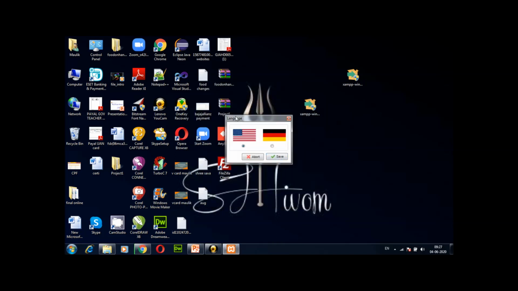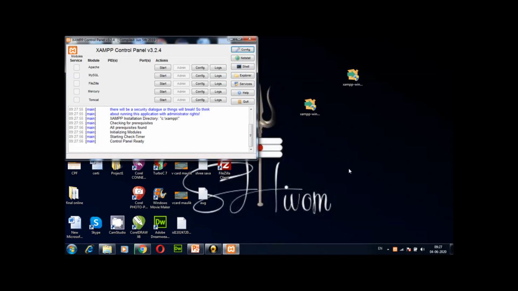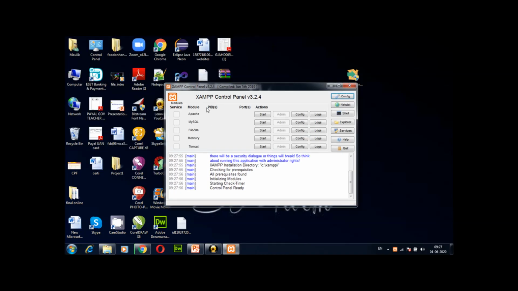It is a language option. This is for English language, this is for Russian language. So I go with English language, then save. See, this is called the XAMPP control panel. In this control panel, you have to start different services related to web applications. Here we require two basic services to start.